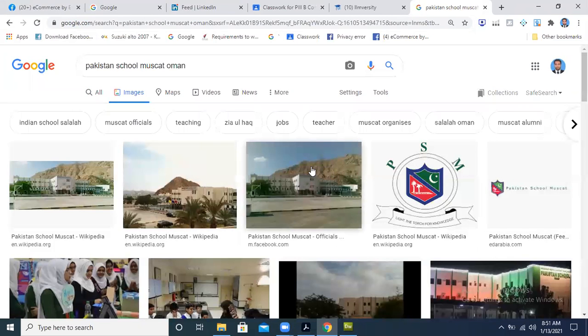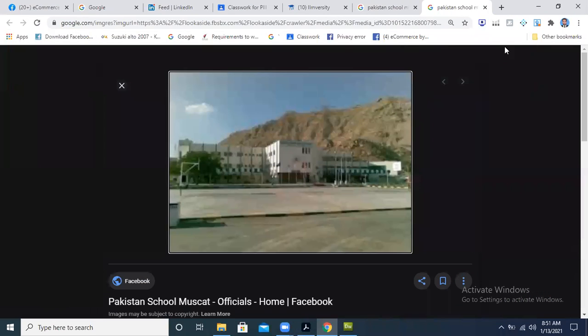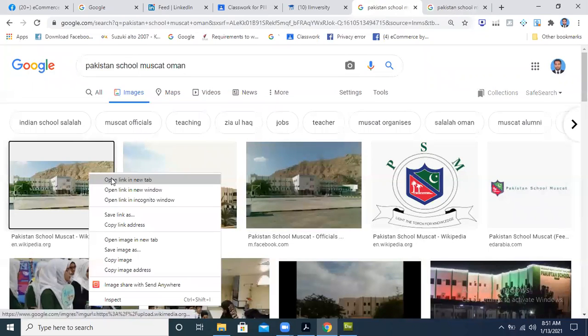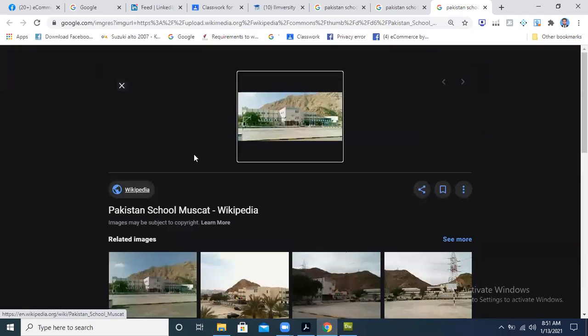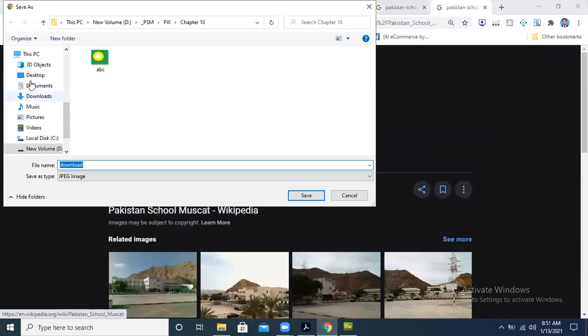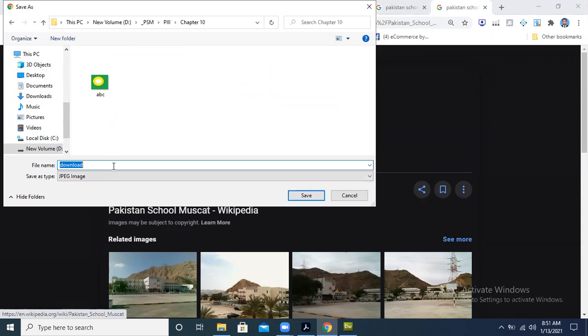Let's suppose I take this image or this image. This is the image that I go and I click save as. I save it in my chapter number 10. Campus image.